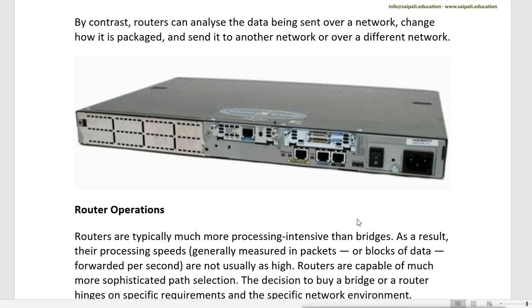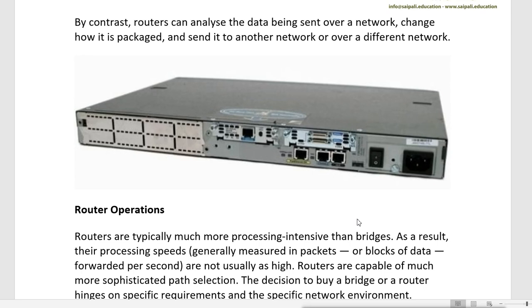So if you have two different network addresses, they can't communicate together if they are in two different networks, or we can say in different segments. Switches and bridges can do the communication within the network, but routers can do the communication from one network to other networks, and many other things can also be done by the router.